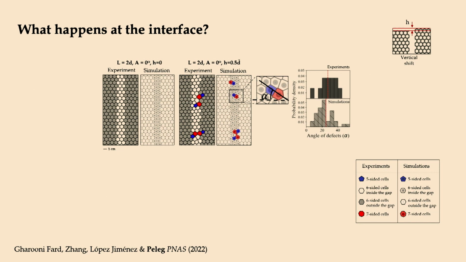So here in particular, the simulation would predict to see pairs of defects that have a very particular angle. And we can see that both in the simulation and experiments. And of course, we also have the control where the lattices are actually perfectly matching. And so there's no defects both for the simulation and experiments. So I feel pretty good about this model being able to explain two-dimensional pattern formation in these kind of situations